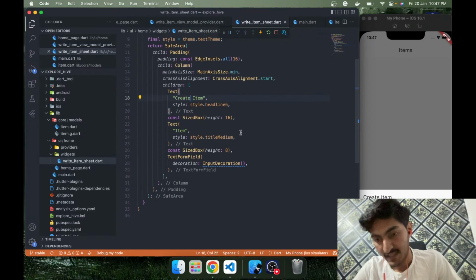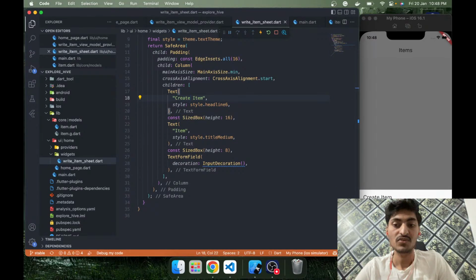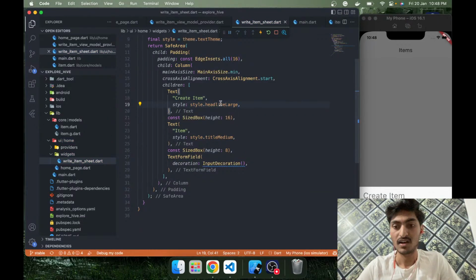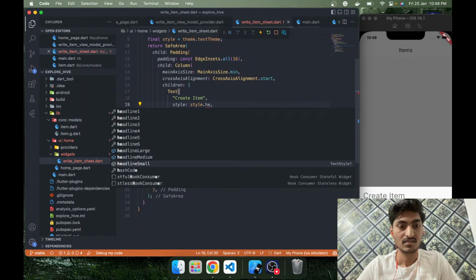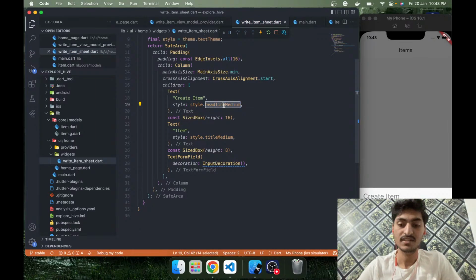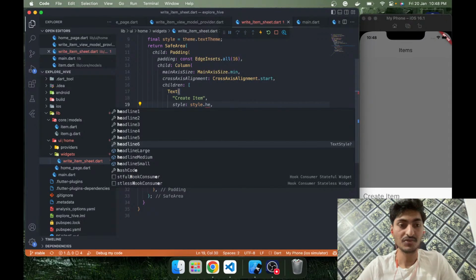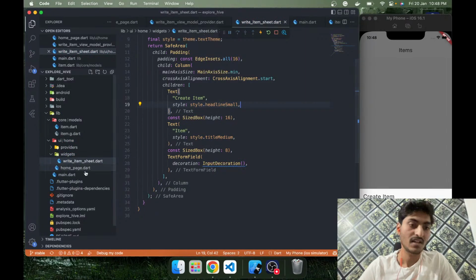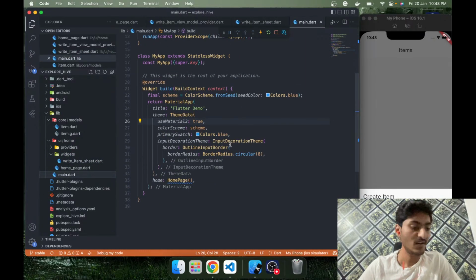Okay, and now consider that I want to increase the font size of headline 6, but I don't want to use headline, your large headline. This is a new naming as per 2021, right? So headline 6, headline 5, these are old names of styles, and I want to go with new names. Headline small will be here. Okay, and here what I will do,